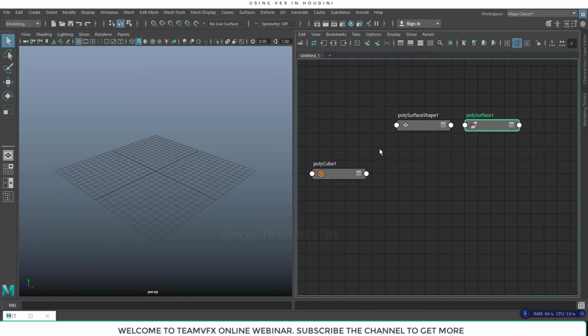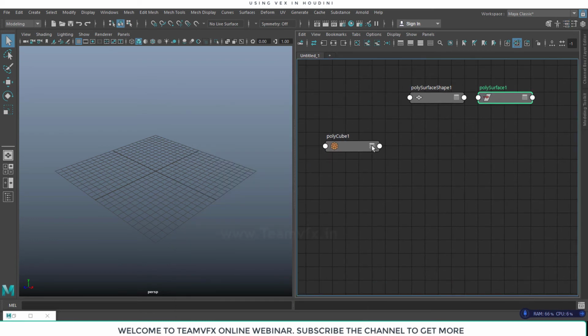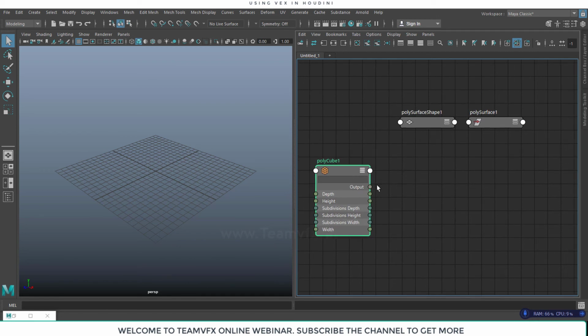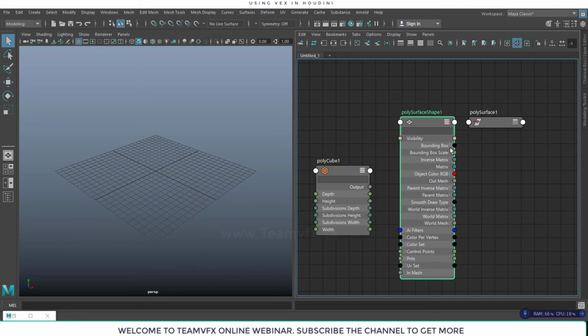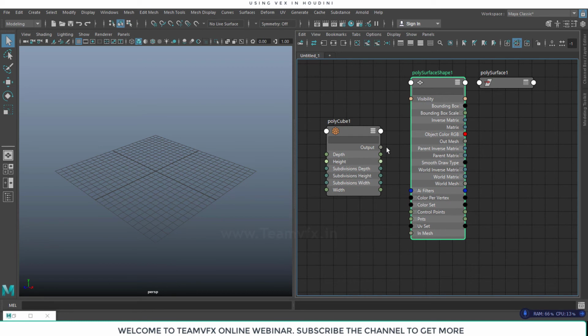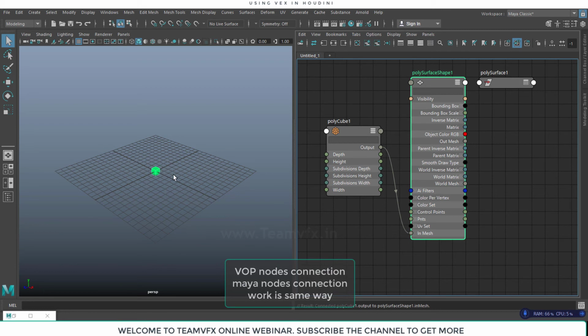Just like in Houdini, you can click this button and you will see all the attribute details, and you have to connect this output to the inMesh input. So just connect this. Now we can see we have a polycube object in the viewport.